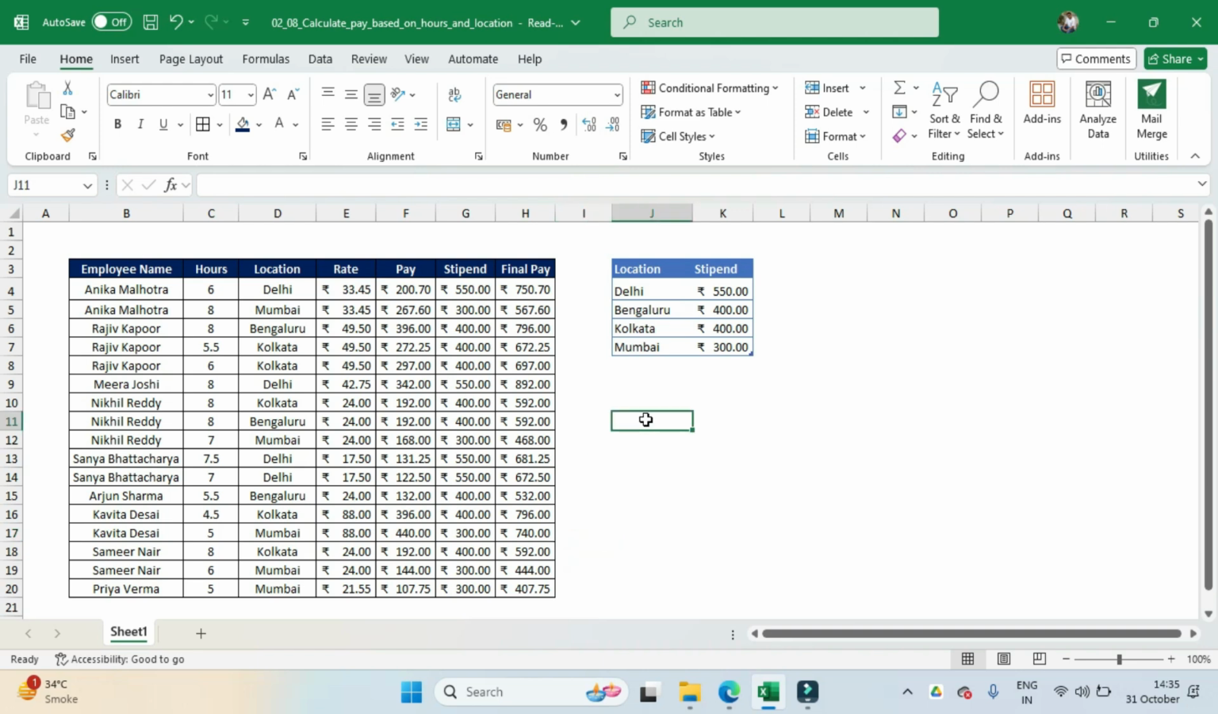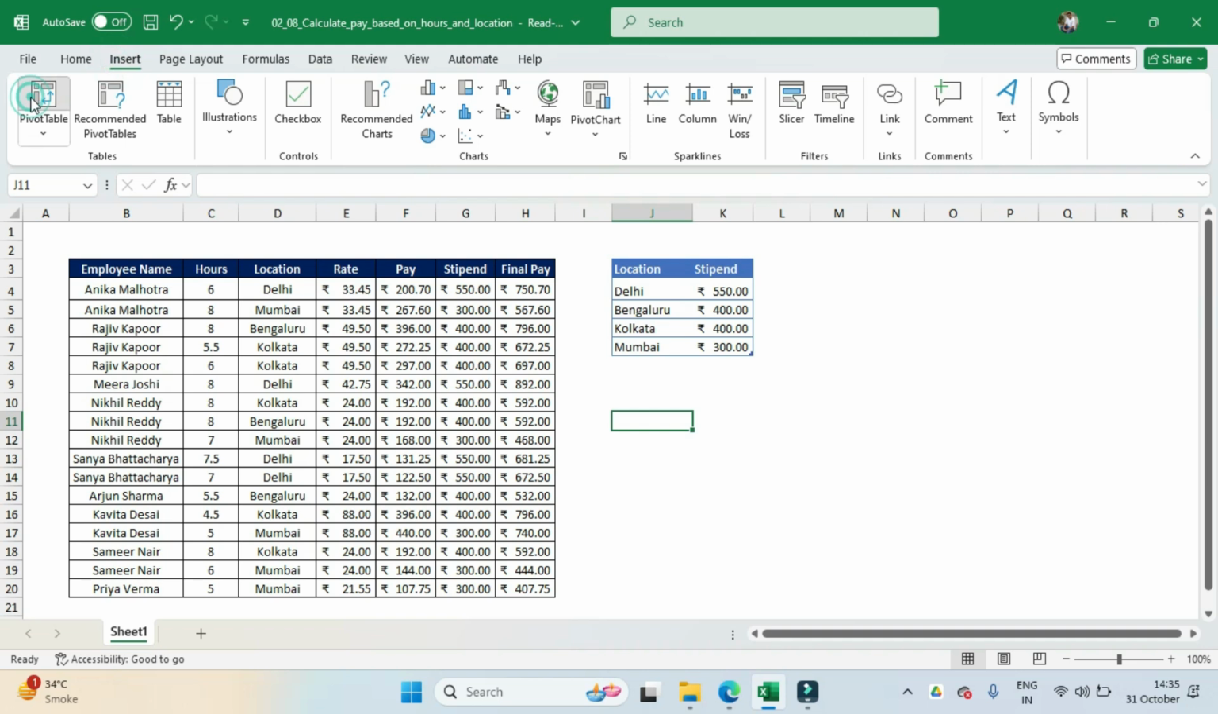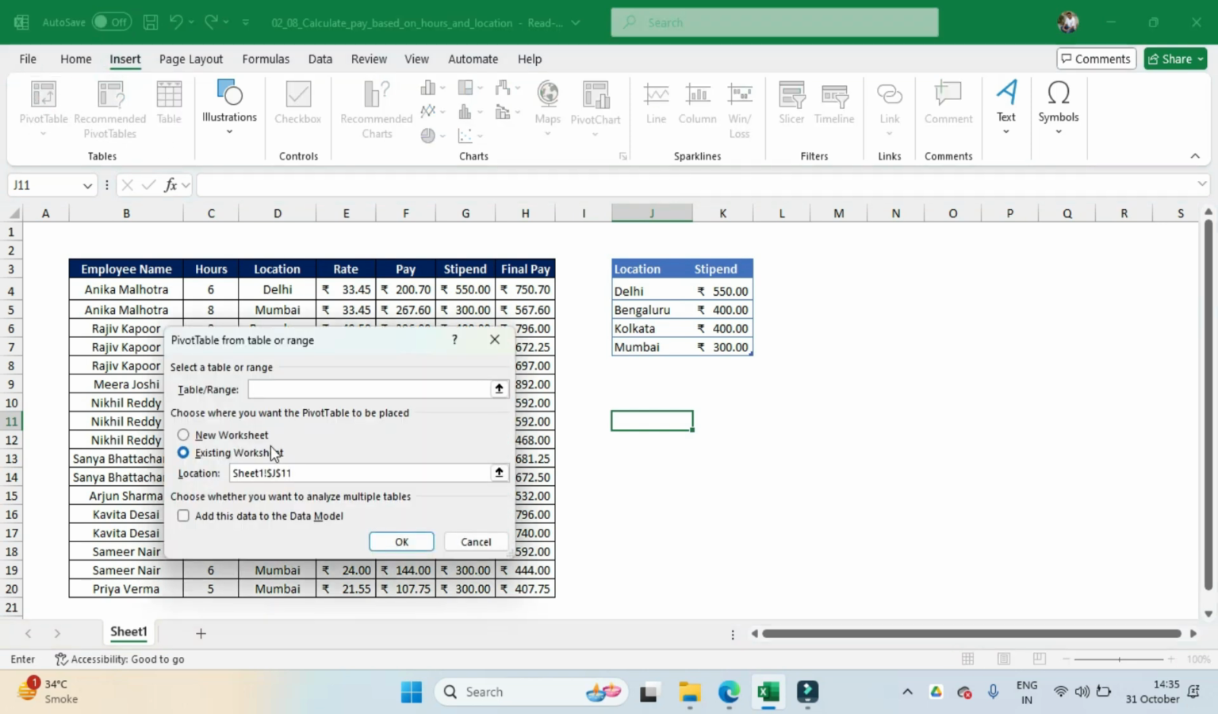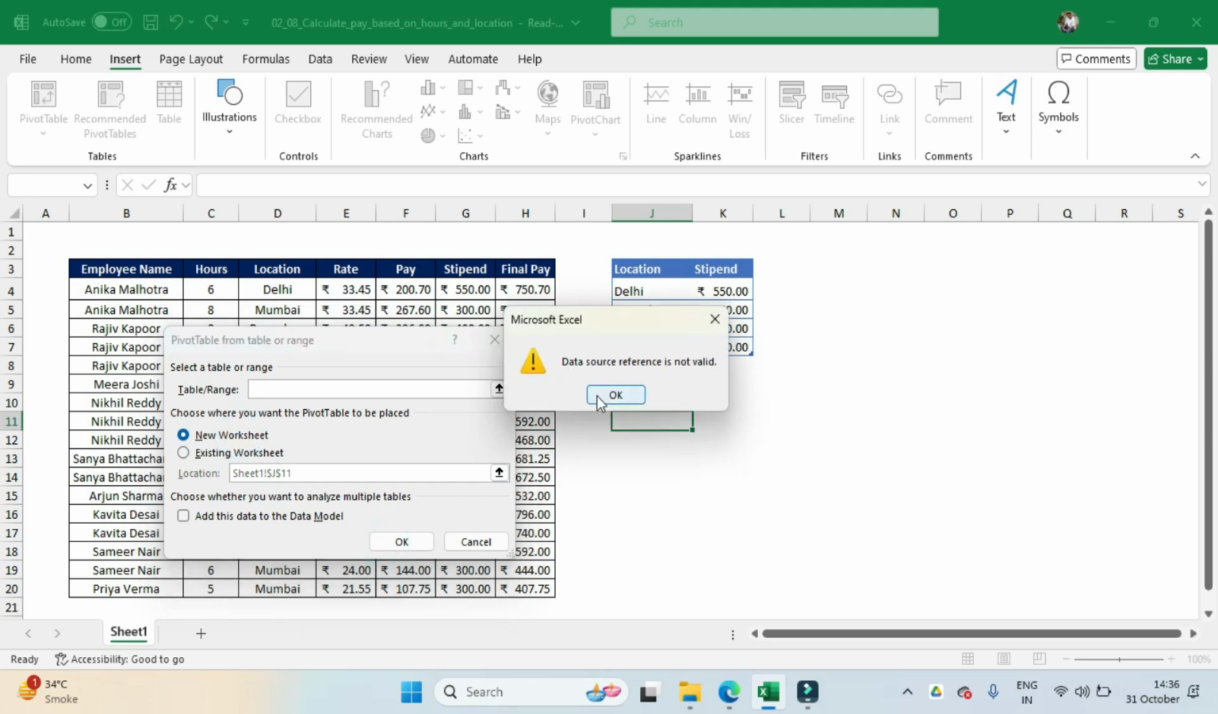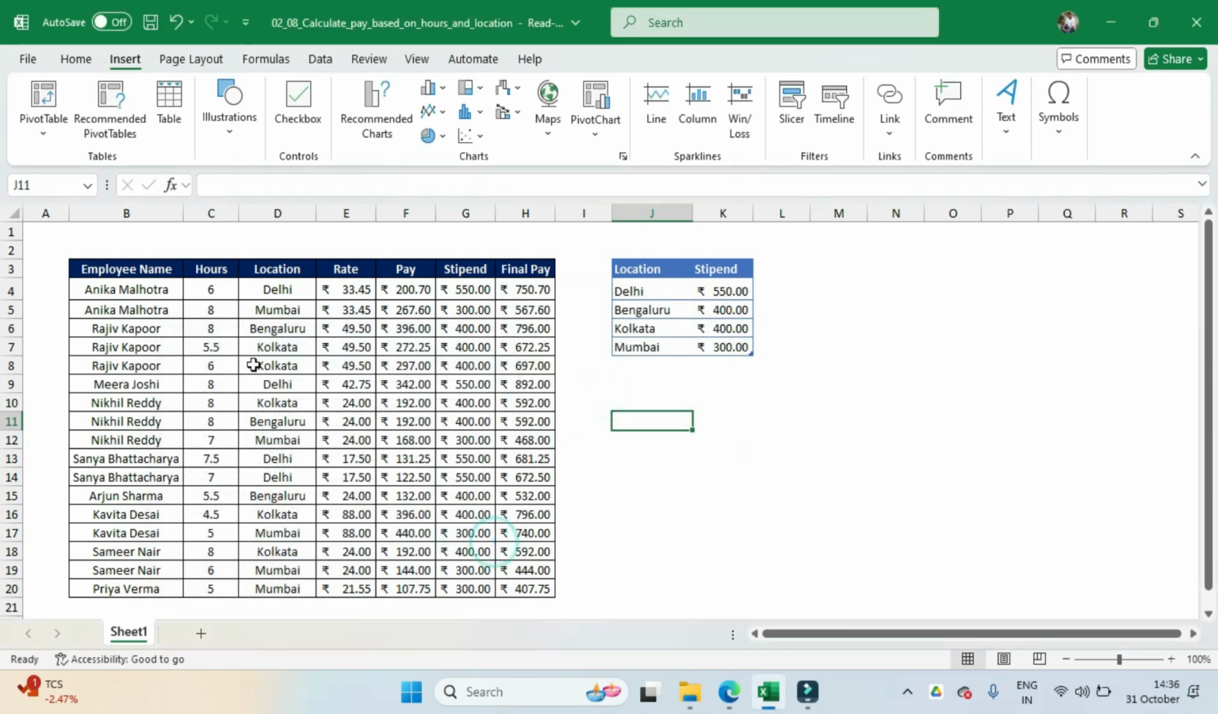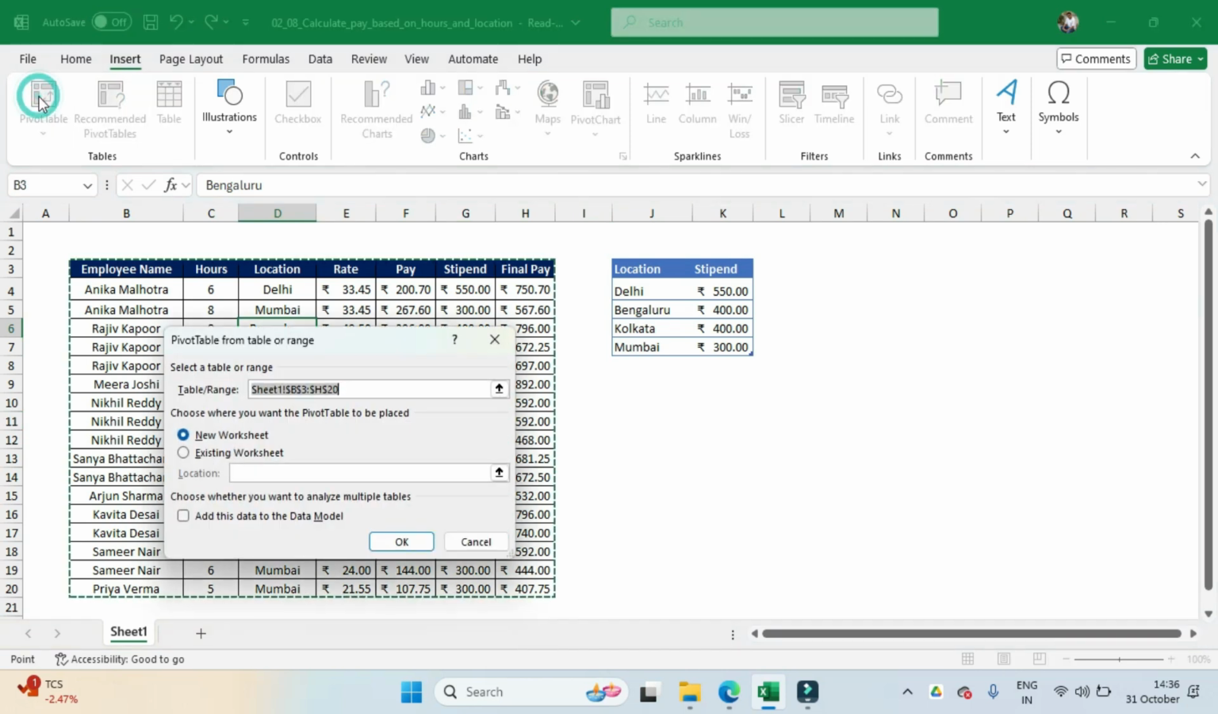and now let us calculate the final amount to be paid to each employee, and this we will do using a pivot table. So we'll select insert pivot table, and we'll say create it into a new worksheet. So it's saying data reference is not valid, and the reason being that our cursor was not within the data. So first click anywhere inside the data, then click on insert, then select pivot table, then select new worksheet,